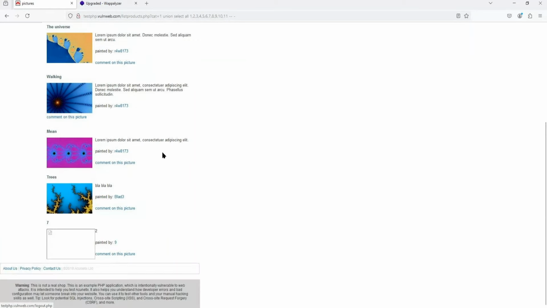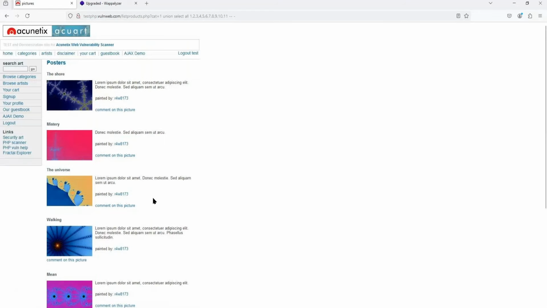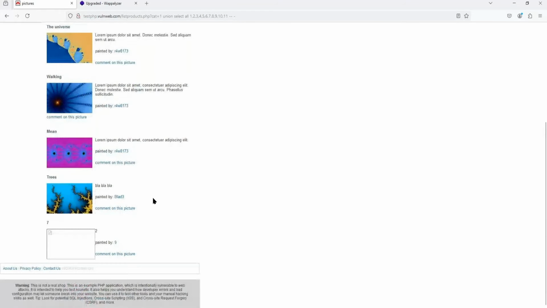After that I got this image, 7, 2 and 9. That means when I write this union select all, the numbers which I get here mean these columns are vulnerable, so 7, 2 and 9 are vulnerable